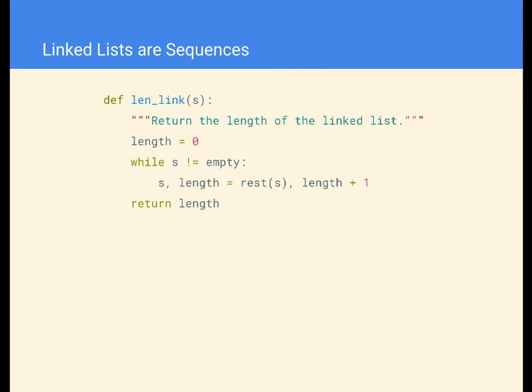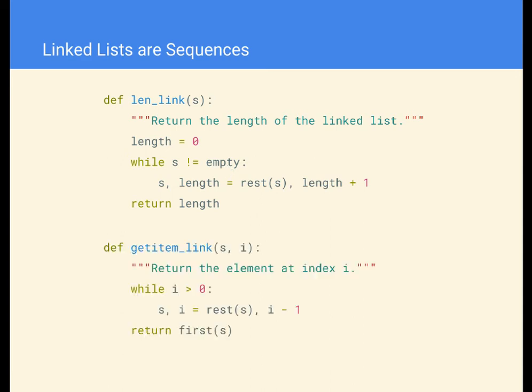And likewise, we can define a function getItem, which works similarly to how we define indexing on regular Python lists. So we can start by giving you a linked list s and an index i. And what we'll do is we'll loop down until we hit that index. Let's think about it this way. As an example, let's suppose my i is 0. So I want to get the very beginning element. So if i is 0, this is no longer true. i is not greater than 0. So we don't even execute the while loop and we go first of s, which turns out to be exactly what we wanted, right? We wanted to begin with that linked list.